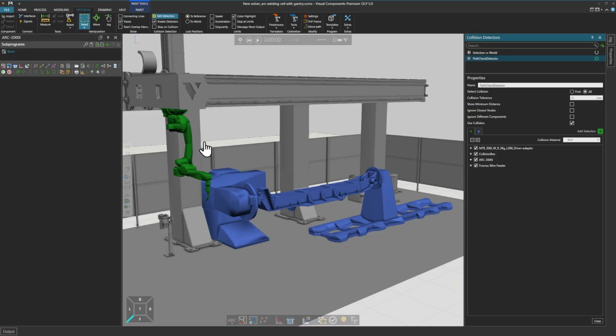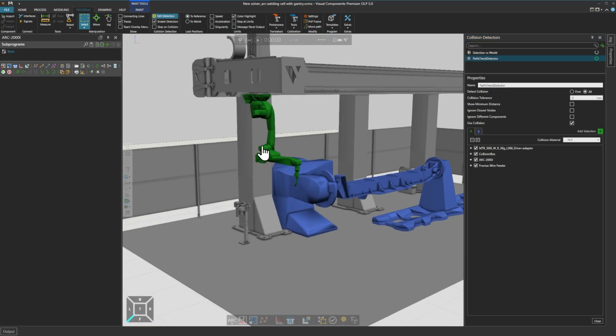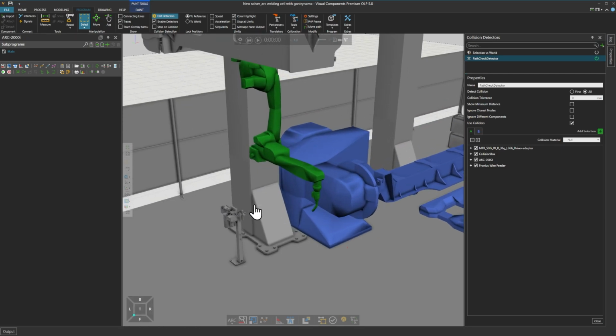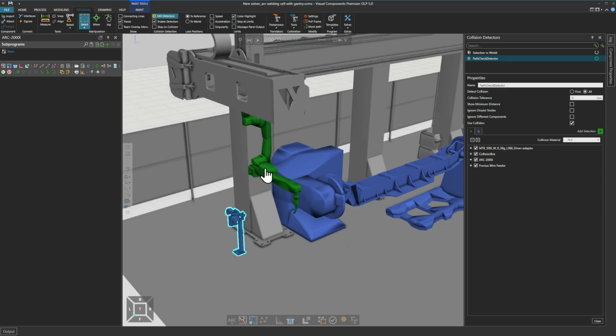and make sure that my robot and my welding torch is marked on list A and that my workpiece and my workpiece positioner is on list B. If you are afraid of colliding with other parts in your layout, you can simply press them and select them to the list B for this occasion. So if I'm afraid that my robot might hit this piece here, I will put it on list B. And if you want to remove anything, you can hit the garbage can. Also, make sure that Use Colliders is marked here, so the solver will run faster.